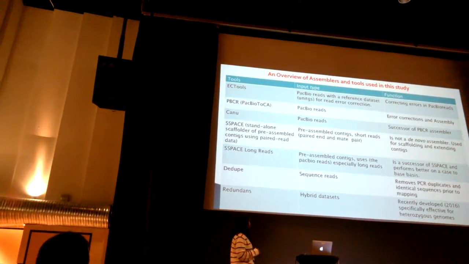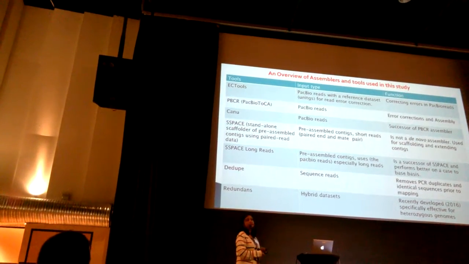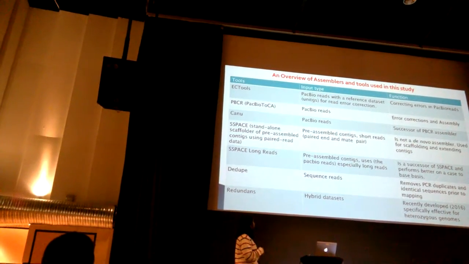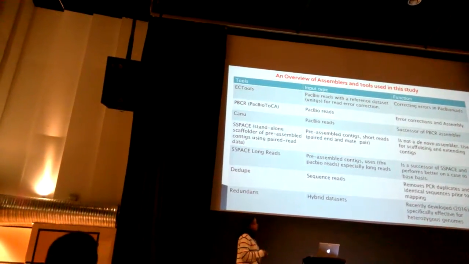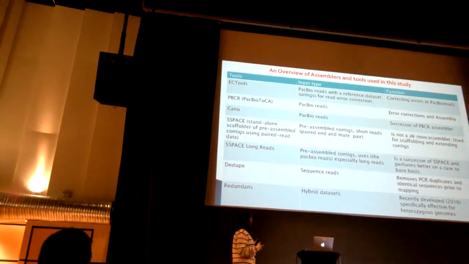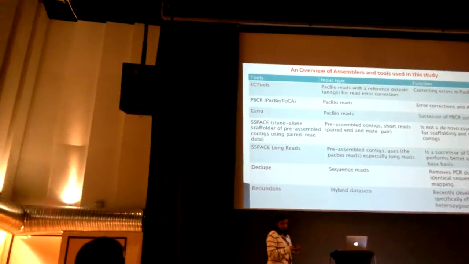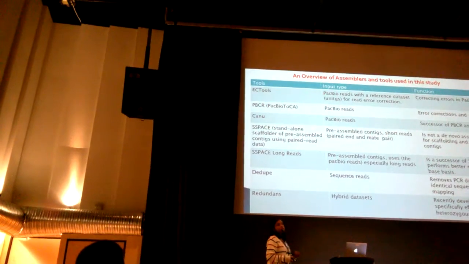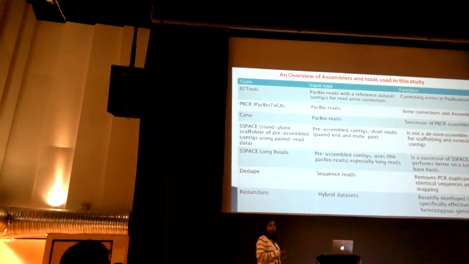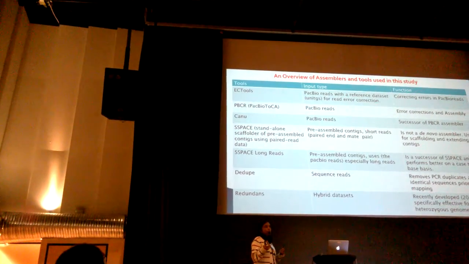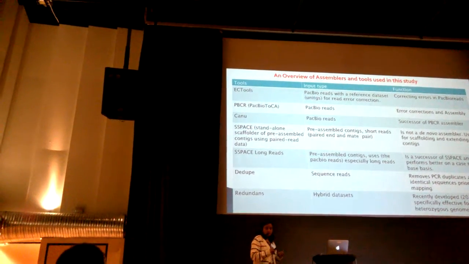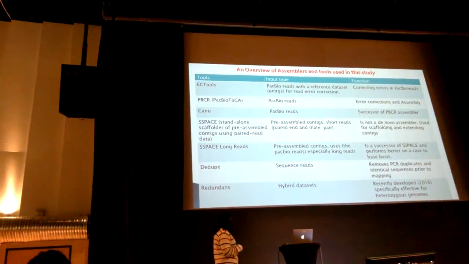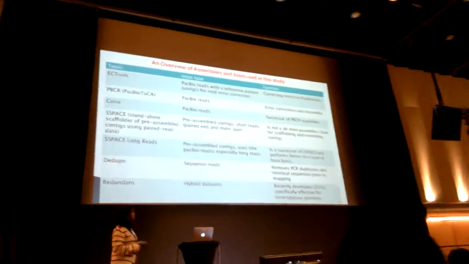Apart from that, there are a few scaffolders which are also getting very good reviews, that is SSPACE and SSPACE long reads. You can use them in combination with the de novo assembly that you have, and they can take assorted data types for doing scaffolding later on, which you can use to improve your assembly. In addition, one thing to think about is whether you want to deduplicate your sequences, that is, if you have PCR duplicates. Since we are not going for gene expression analysis, it doesn't hurt if you remove the reads which are duplicates of each other. So we have used dedupe quite successfully to reduce our compute time.